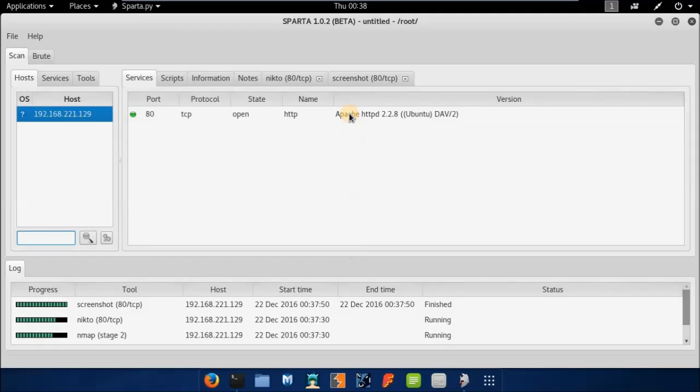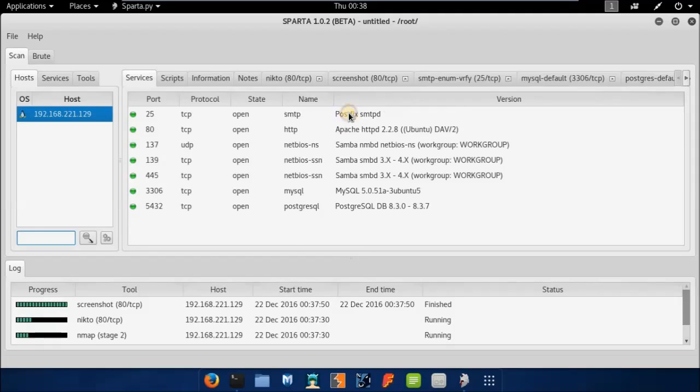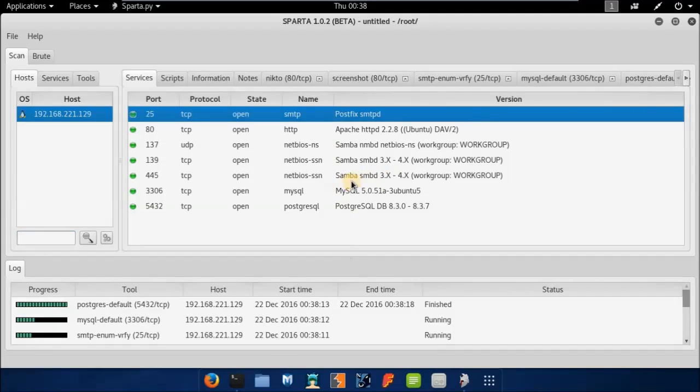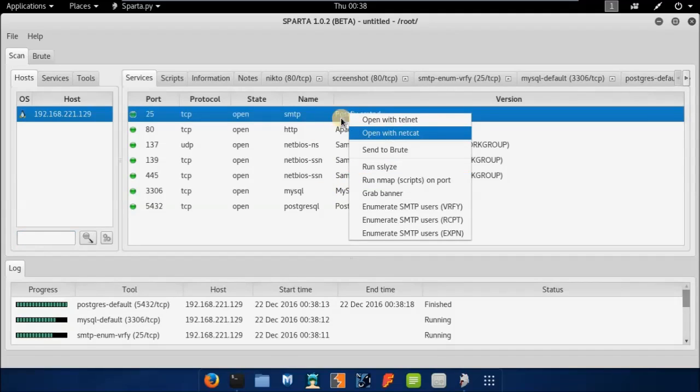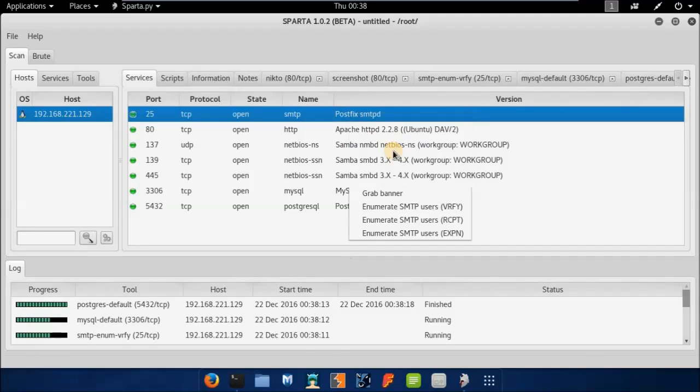Okay, so let me navigate through this one, and just simply right click this one, any services it has just found, and you can be presented with a lot more options like open with telnet and open with netcat, send to brute. This is really a great feature that whenever you send to brute option, it will be brought in this tab,